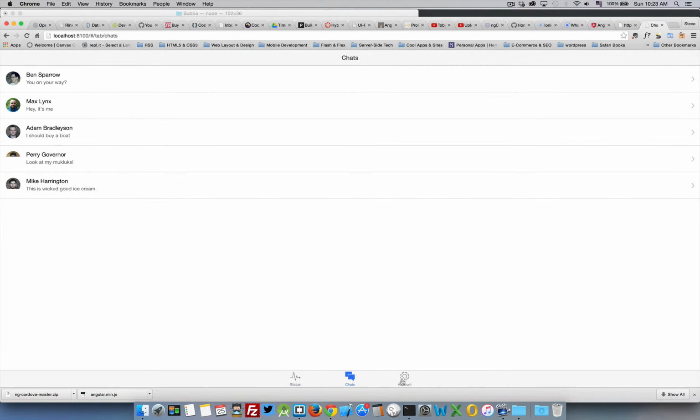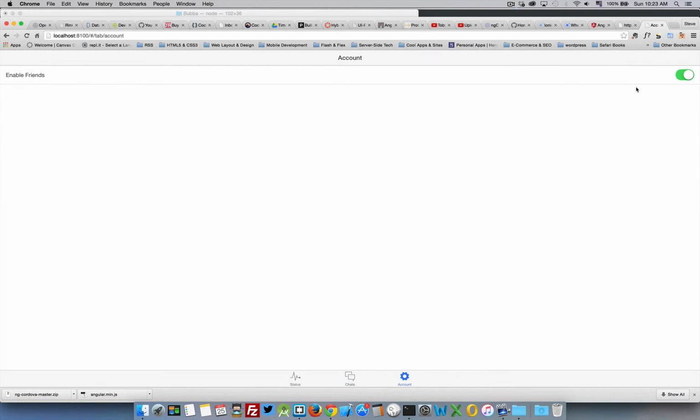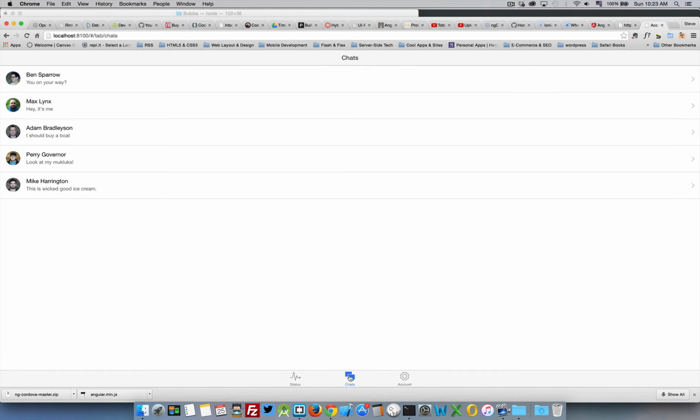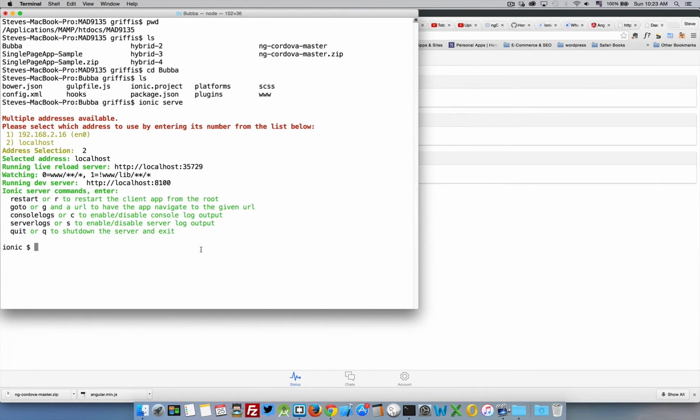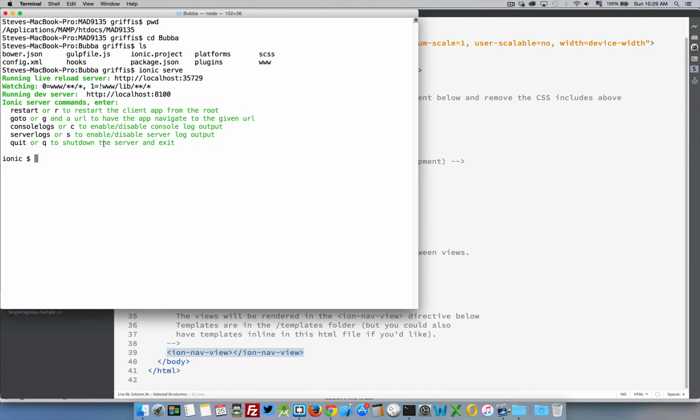We've got the tabs at the bottom. That's what was provided to us right out of the box. So all this stuff is in there for us to take a look at. And that's all that it took, was just those few commands on the command line to create the project and run it, so that we can update things in the HTML and the CSS and go back and forth and take a look at the live reload happening inside that server. So we want to shut down our server so that we can look at some other things. Q is the command that we would use to shut down the server. So Ionic serve to start, Q to stop,